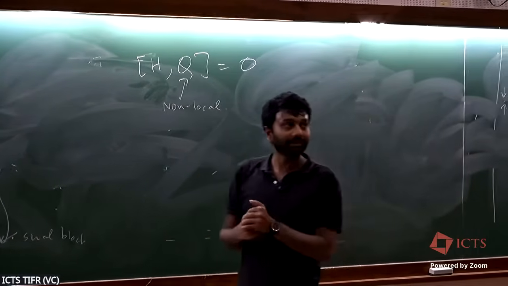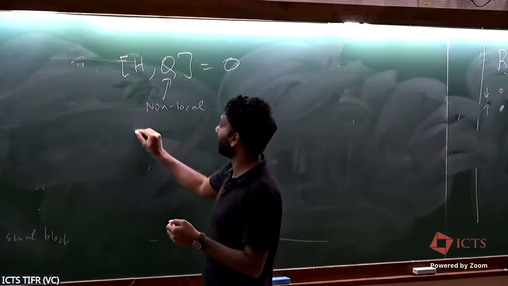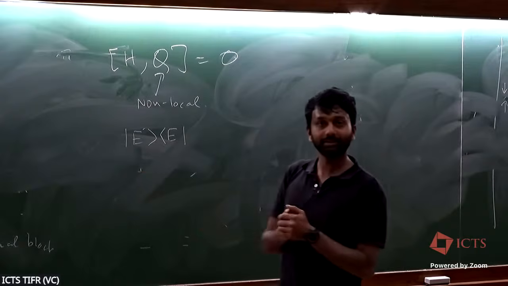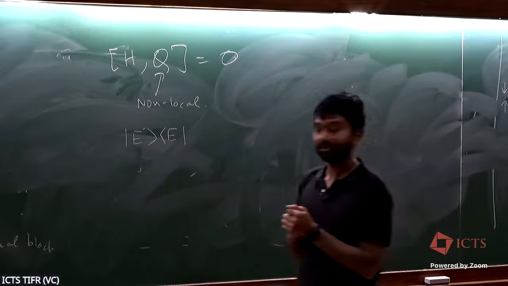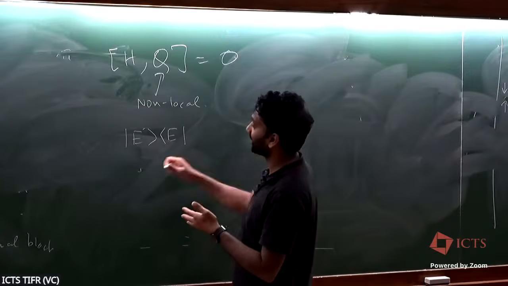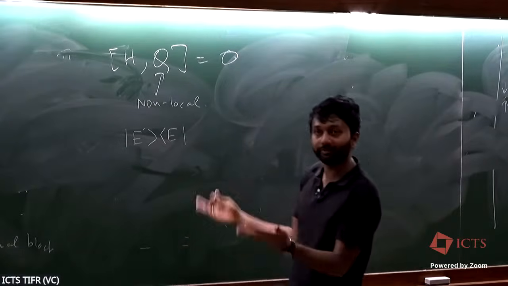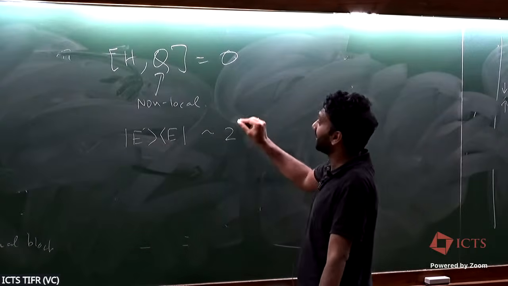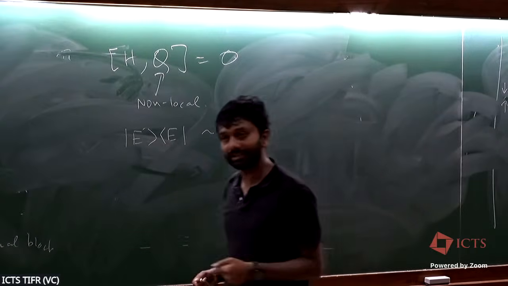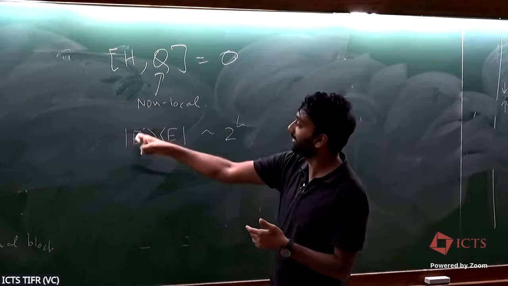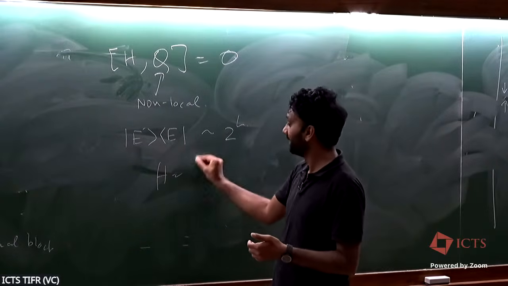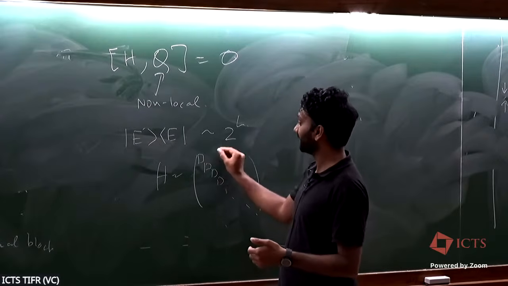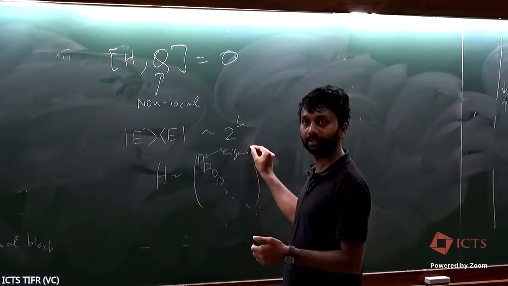If you just allow them to be anything, you can write down eigenstate projectors, which commute with the Hamiltonian very well, right? But if all of these eigenstate projectors are symmetries, then there are as many symmetries as the dimension of the Hilbert space. It's basically saying that each of the blocks of your Hamiltonian is just a one-dimensional block, which are the eigenstates of your Hamiltonian.